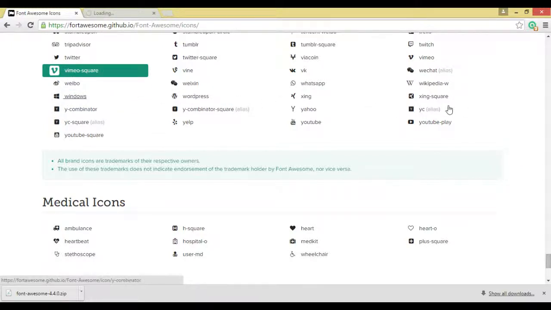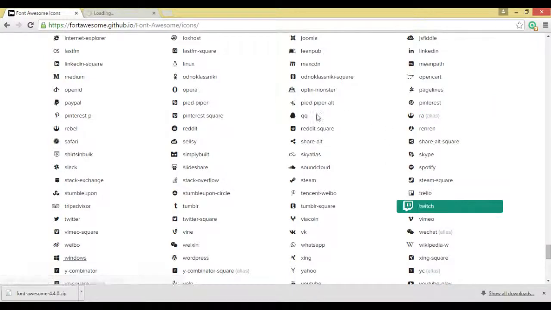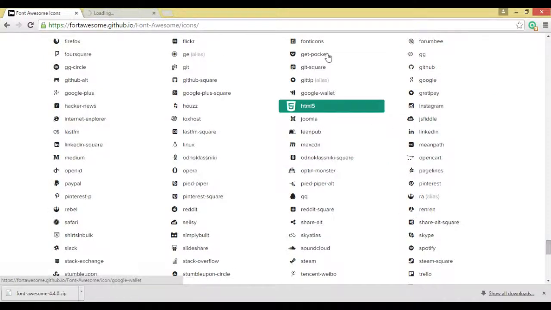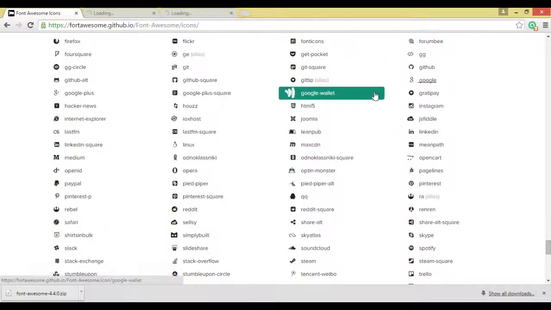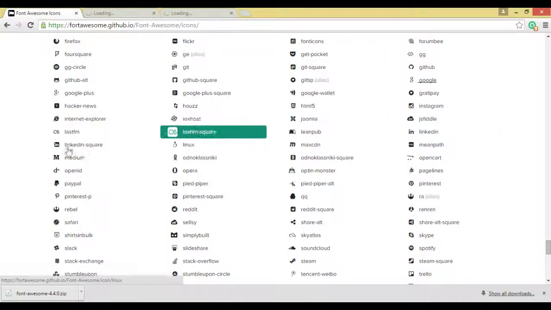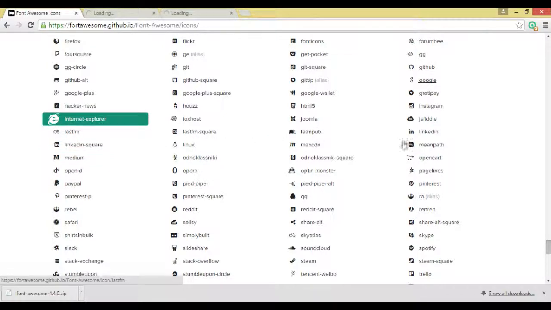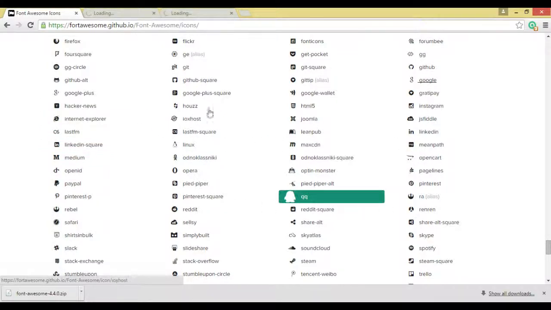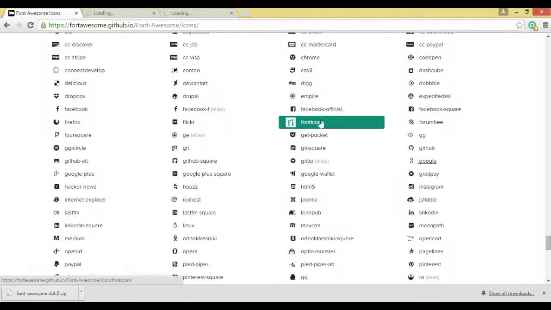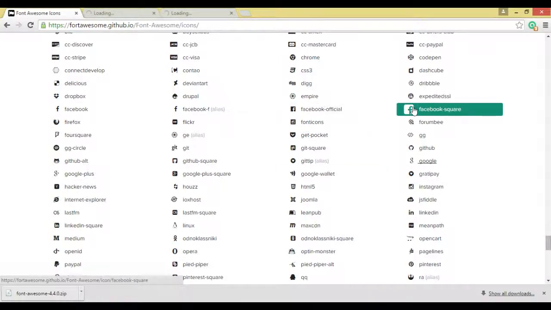The other one we are going to use is Google, so let's look for that. Here's the Google icon, and let's grab the Facebook icon from here. So how to grab that Facebook icon? Let's look for that one too. So here it is.